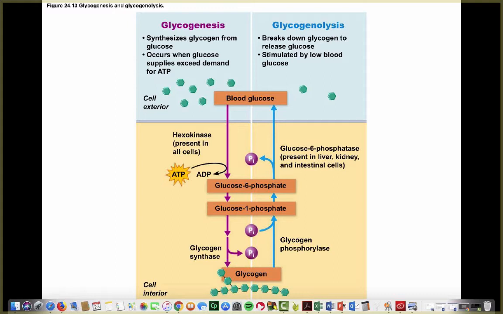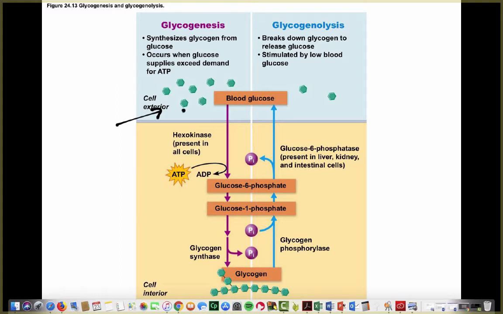And so basically, when we're looking at here, you can see here you have a lot of blood glucose. And so you are going to basically synthesize glycogen here. And so glycogenesis here,